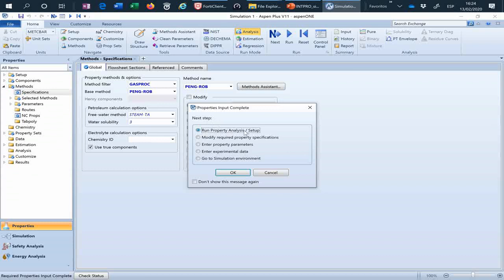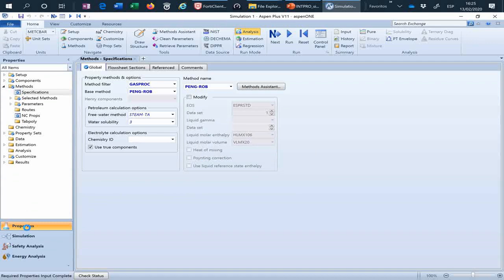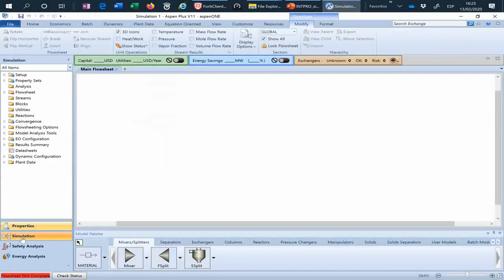To run property analysis, to calculate properties of your components, to change some of the values, or the last one, we want to go to the simulation environment. This means that we change from the properties environment for calculating properties to the simulation environment for doing simulation. The two other environments, safety and energy, are intended for safety calculations and energy calculations, but will not be covered in this course. We click OK, and now you can see that the environment is moving from properties to simulation,